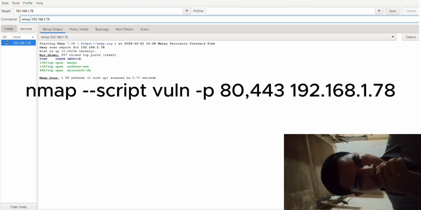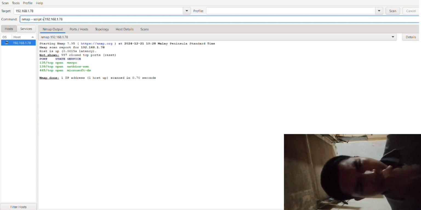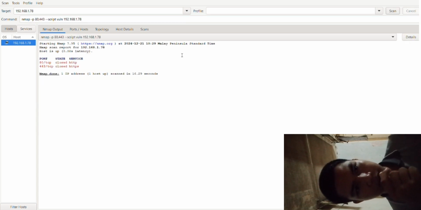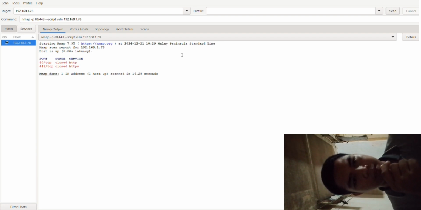Simply type the command into the command field and hit scan. The results indicate whether the scanned ports are affected by any known vulnerabilities. In this case, you can see that the HTTP port has a potential issue, which should be addressed immediately.